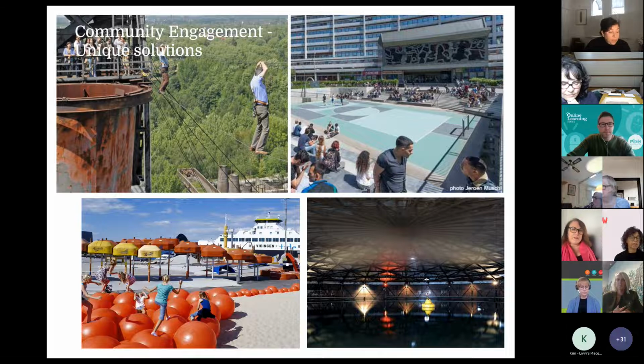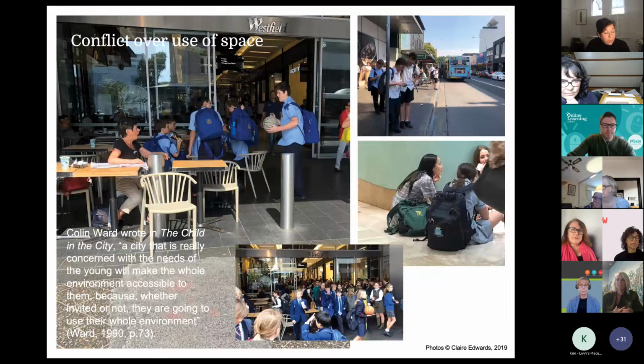If we don't design with their needs in mind, conflicts often occur and places can become hazardous. Referring to this example here, after school conglomerations of children at shopping centres and transport hubs looking for quick, cheap snacks on their way home causes friction with other users of space and shopping centres and between other children. This has become a problem in some shopping centres, certainly in Sydney, and the owners have had to provide social services and more security to try and redress the problem. So designing children and young people in and not out is our